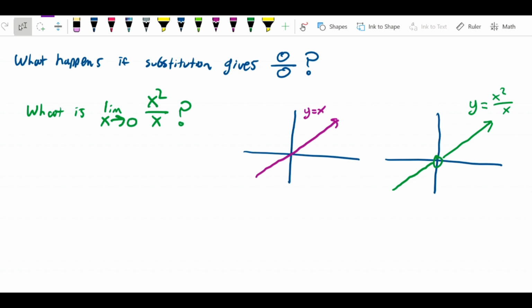So I had mentioned earlier that if you get division by zero, then you have to deal with quotients a little bit differently. The question of what happens if you get something like 10 over zero, we're going to deal with in another chapter. That's a different question. But what happens if you just substitute both the top and the bottom and you get zero? Now you might be tempted to say, well, the limit is undefined because you can't divide any number by zero. But actually, that's not true, and hopefully I can show you why with this diagram,